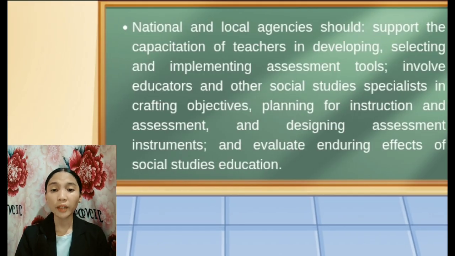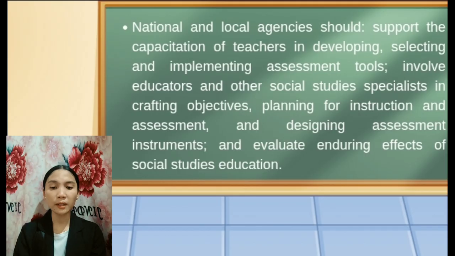And the next one, national and local agencies should support the capacitation of teachers in developing, selecting, and implementing assessment tools. Involve educators and other social studies specialists in crafting objectives, planning for instruction and assessment, and designing assessment instruments, and evaluate enduring effects of social studies education. So it means agencies must help teachers make and use assessments, work with experts, and check the results of social